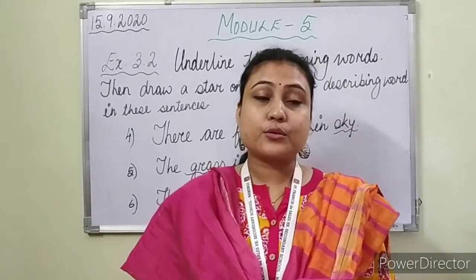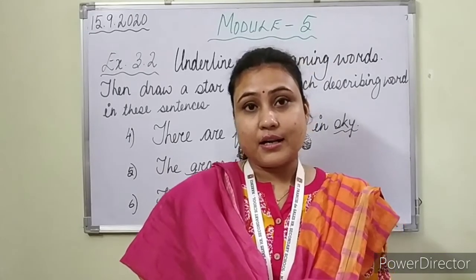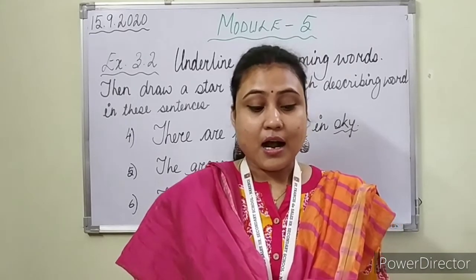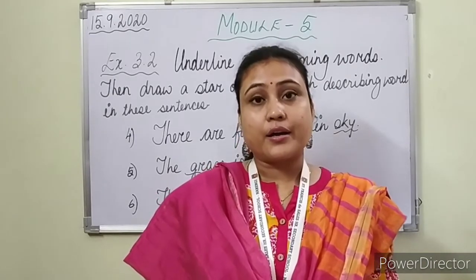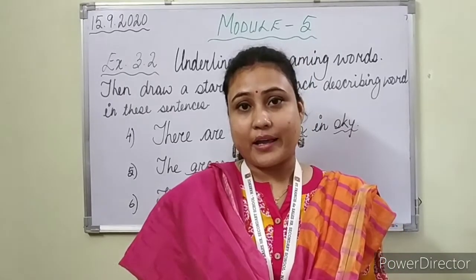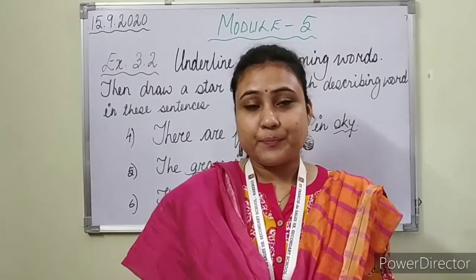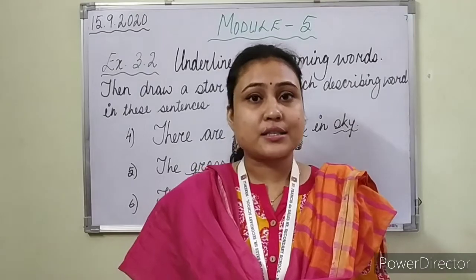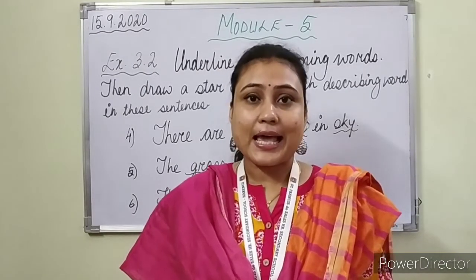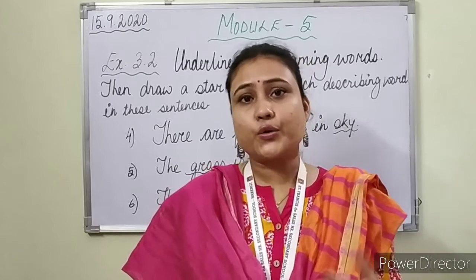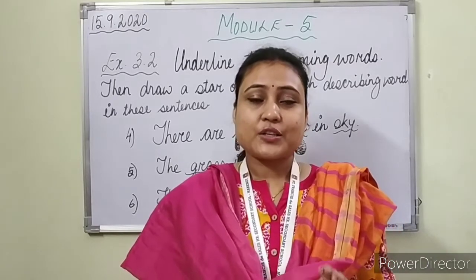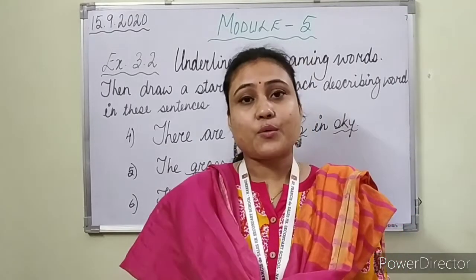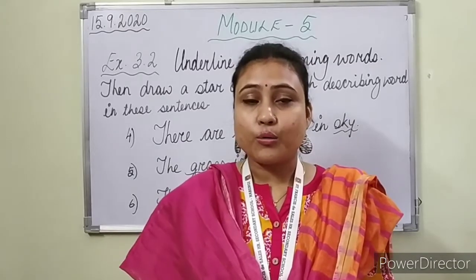When it rains, I use a dash umbrella. When it rains, I use a big umbrella. I also wear a dash raincoat. I also wear a yellow raincoat. Okay, so my dear students, you can describe it by yourself. You can put your own describing words. In place of 7, you can add 10. Okay, in place of yellow, you can add any colors. Got it? So my dear students, I have given here my choice of words. Okay, so what you can do, please add your own words.